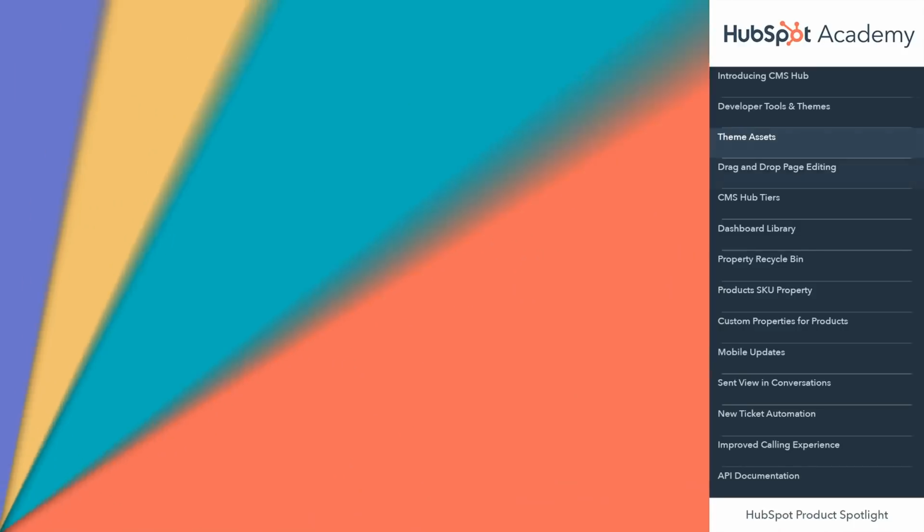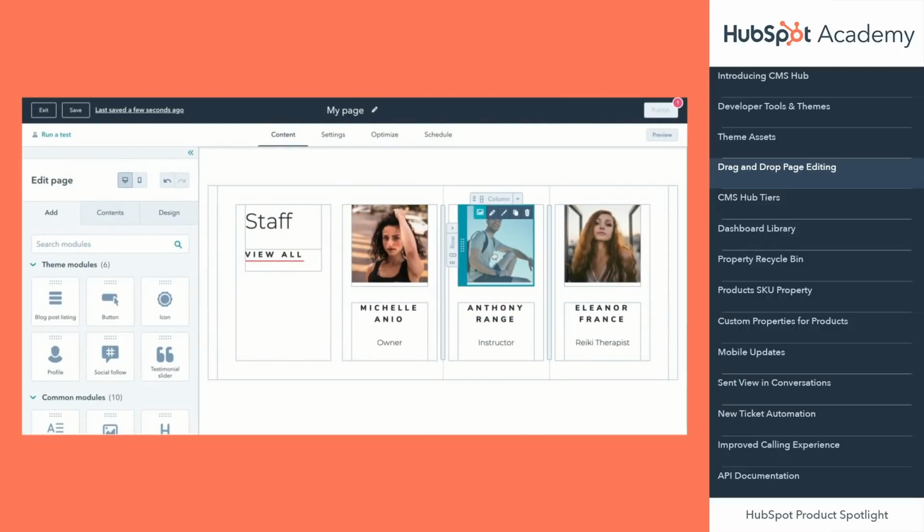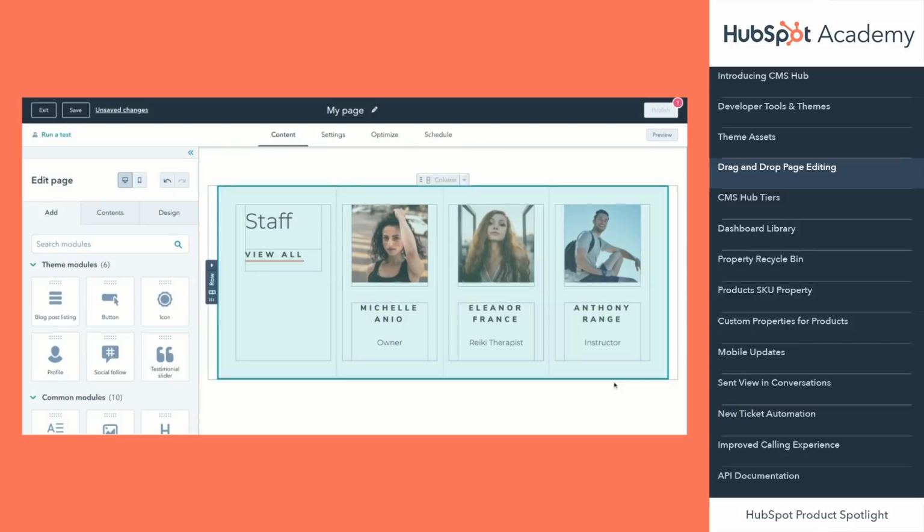Hi everyone, I'm Katie, a product manager for the page editor here at HubSpot. We recently released drag and drop page editing, giving marketers the ability to fully change the layout of their pages. With drag and drop, you can drag modules by themselves, but you can also drag whole columns, rows, and sections of modules. This editing update also comes with some intuitive new styling options like background colors, images and gradients, alignment,